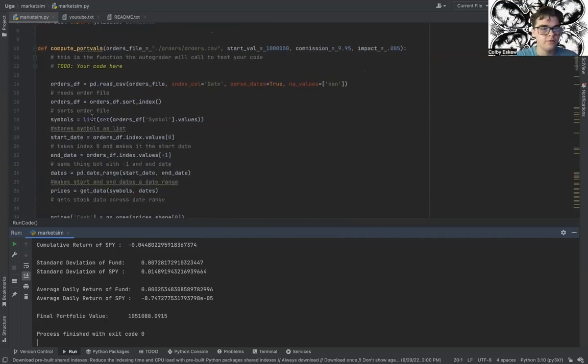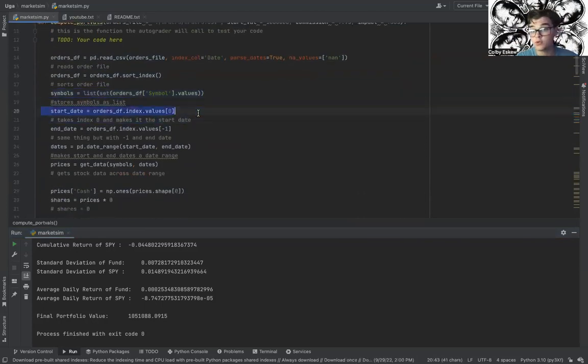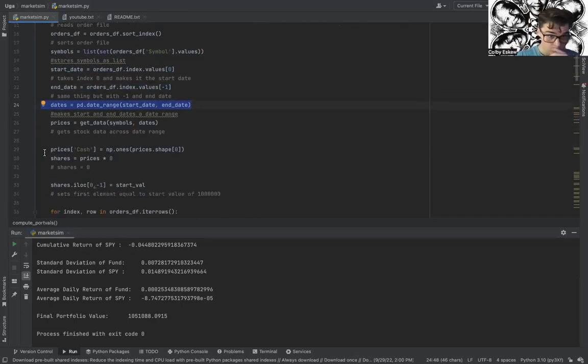So, starting off, reading the CSV files into the orders data frame, sorting the orders data frame, taking the list of symbols from the orders data frame, taking the first index, storing that as the start date, taking the last index, storing that as the end date, using both of those dates to create a date range, then using the dates and the list of symbols to get the stock data for all of the days, and then created a cash column